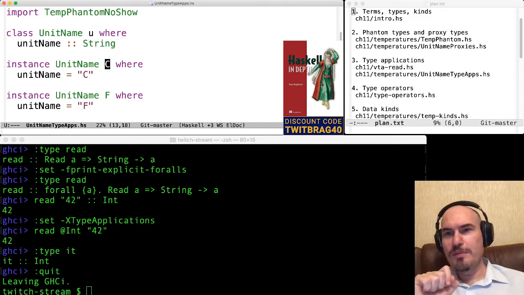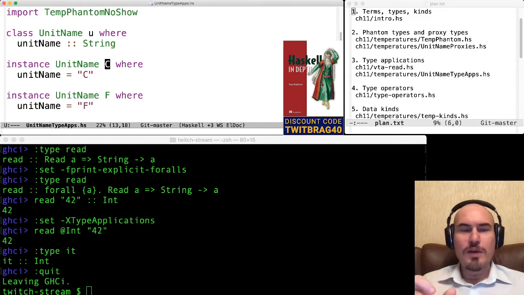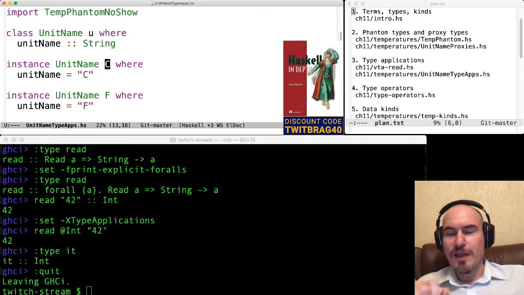But the problem is that whenever we have this unitName, we never know the exact type before we call this function and before we specify this type explicitly. So that's the difference.